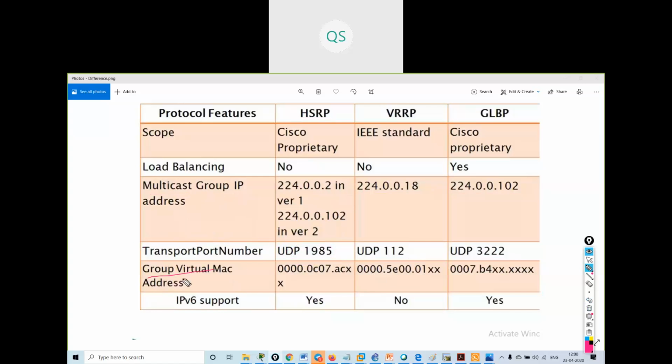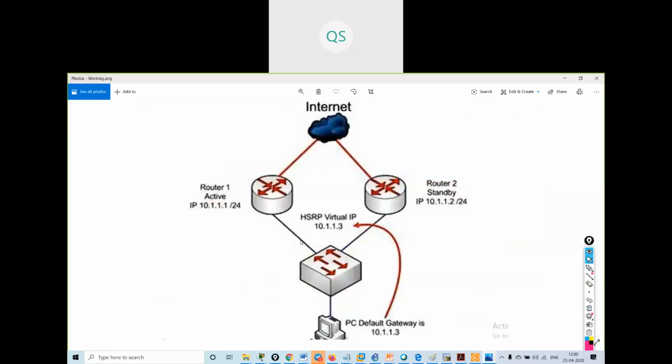Now, the virtual MAC address. In HSRP, whenever a user tries to access this router, we give a virtual IP address, but it will automatically create a virtual MAC address also, which the device will get. This switch works on the MAC address, so the device will save this virtual MAC address in its ARP table.